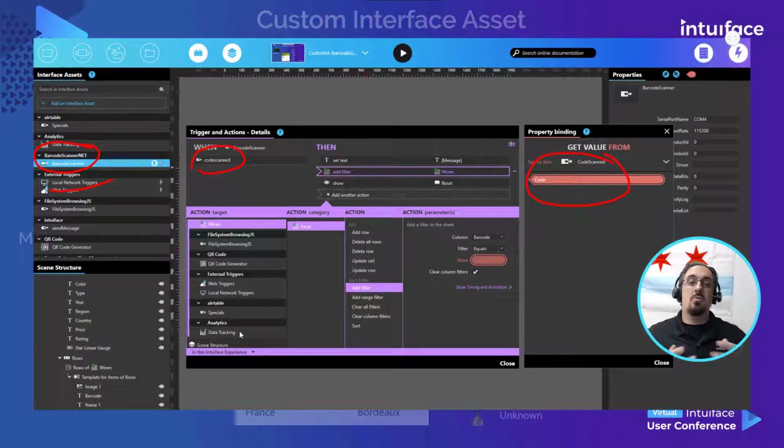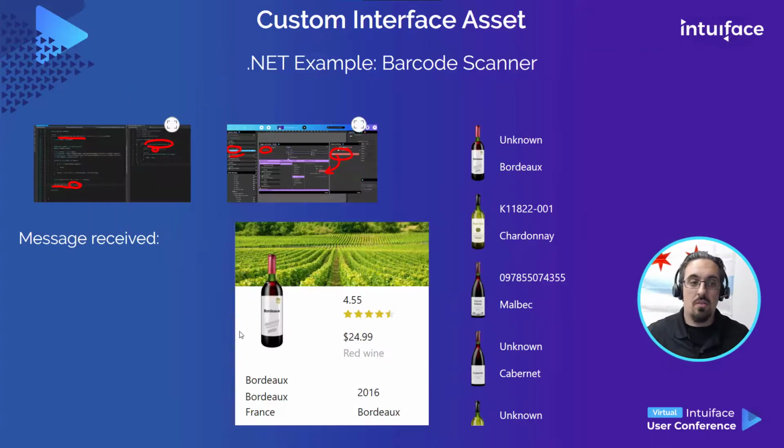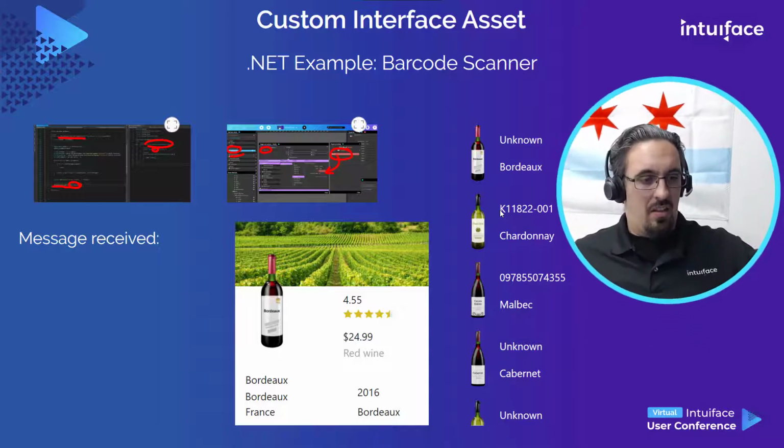And we know because the developer was nice and told us, hey, look in the trigger, there is a parameter. That's the code, actually, which was scanned. So as we did with the US states map, where we were using the state ID as a filter parameter in Excel, in here, we are using the code as a value to filter our wines based on the barcode column. So if we look now on the scene, and I detail a little bit what you're looking at right now, this here is the list of all the wines I have in my wonderful database. And you can see that most of them have an unknown barcode because I have only two codes next to me. If I scan again